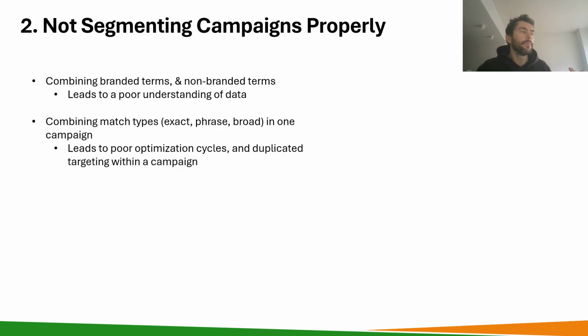Next up is going to be people combining different match types within their campaign. So this is the classic adding in an exact, a phrase, and a broad, all within one campaign. So going back to that beef bone broth example, you would have a beef bone broth exact, a beef bone broth phrase, and a beef bone broth broad. First of all, you're tripling up your targeting onto one term. And second of all, these match types behave very